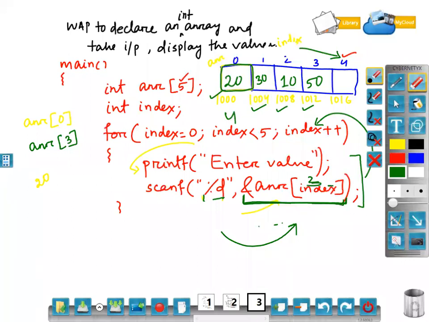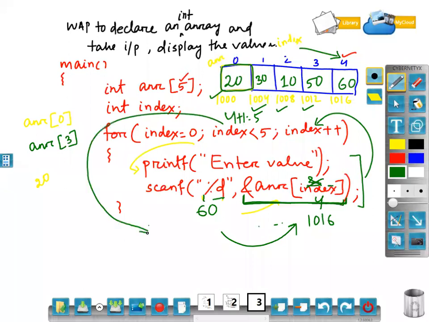In which index? Not in 3. Index is currently 4. So array of 4's address means 1016. So 60 will be stored at 1016 location. After that, index plus plus. So 4 plus 1 will become 5. 5 less than 5, false. Once it is false, you will come out of the for loop.